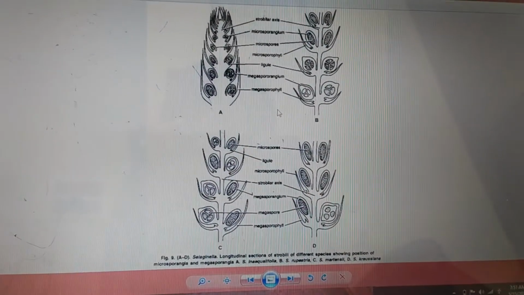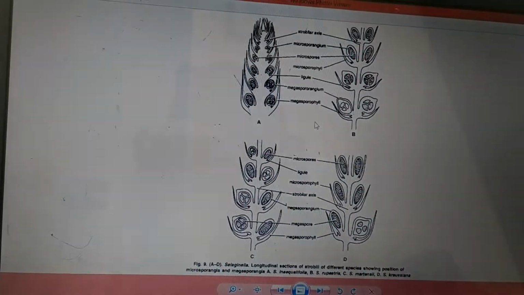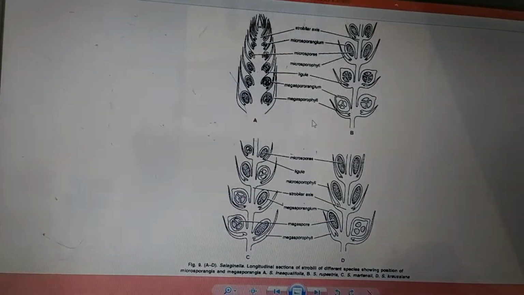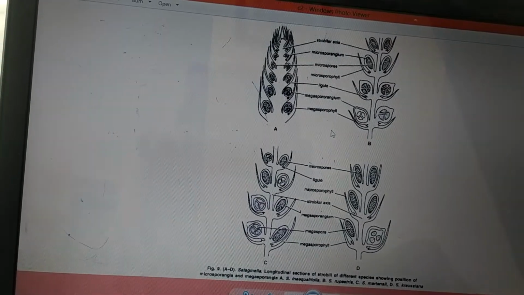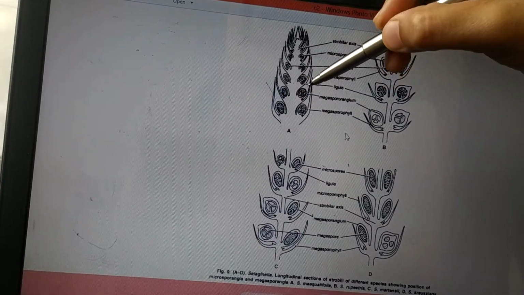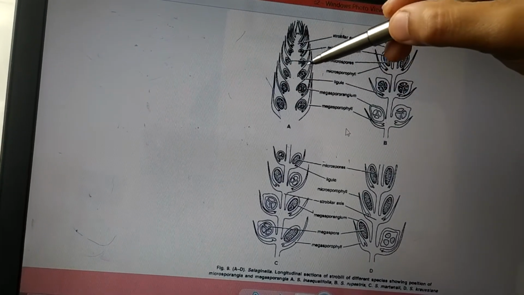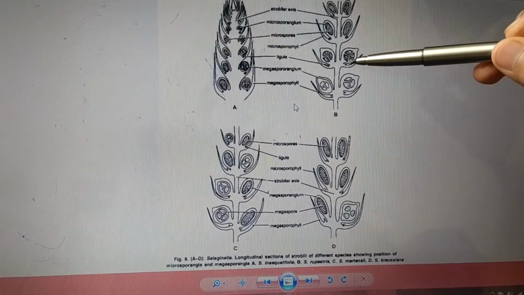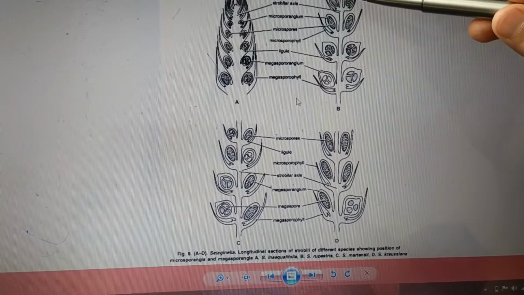So these are the structures in different species of Selaginella. Here it consists of a central axis covered with spirally and densely arranged sporophylls. Now the position of these sporophylls is different in different species. For example, both microsporophyll and megasporophyll may be arranged on the same strobilus, with microsporophylls on one side and megasporophylls on the other side. The other case is megasporophylls present on the lower portion of the strobilus, and the upper region contains only microsporophylls.